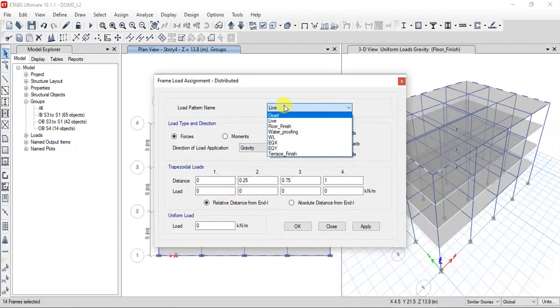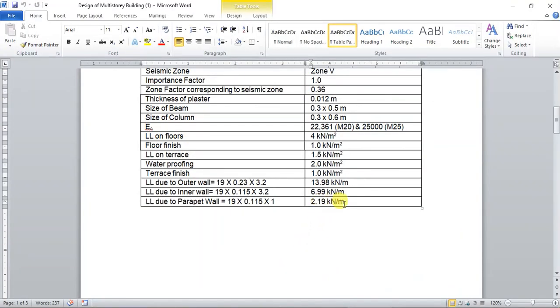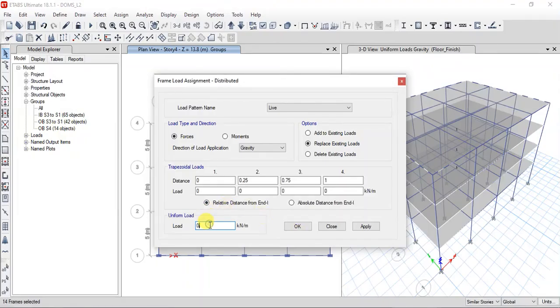You can create one more, define it and assign it. If you have a trapezoidal load, you can mention the distance and then mention the intensity of the force. By default it will apply the trapezoidal load, but for our work now we need to apply a UDL load of 2.19 kilonewton per meter. So that we will be applying here.